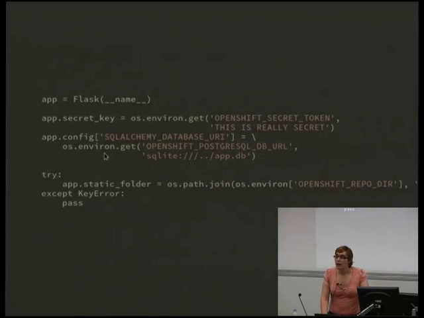Wouldn't you serve the static assets from the web server rather than through Flask? They are being served from the web server. This is just so Flask knows where they are. So there's a command called find resource, which will tell me where on the disk they are. And then there's another one called static URL. I can't remember what it's called. I know what it's called in